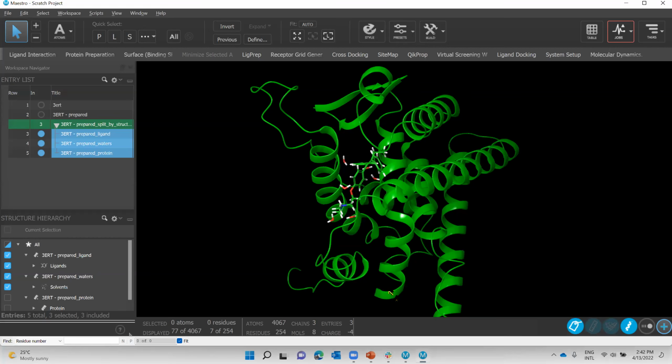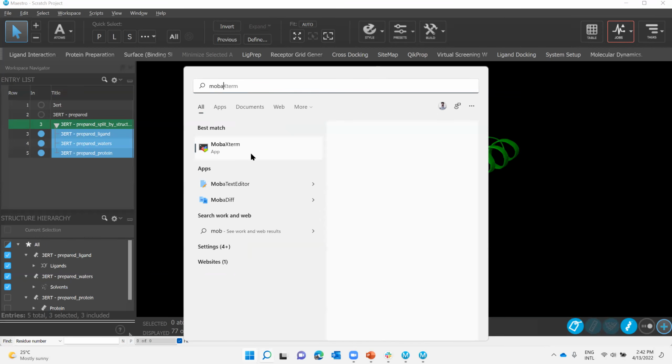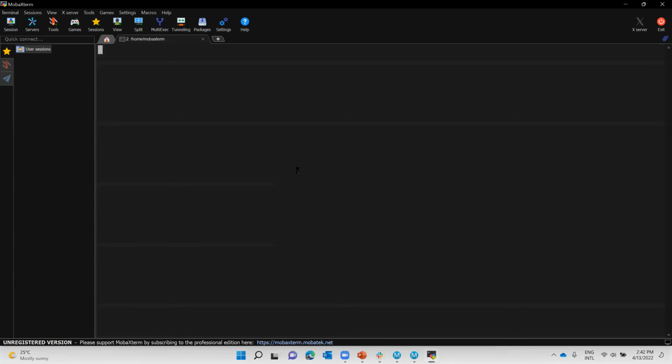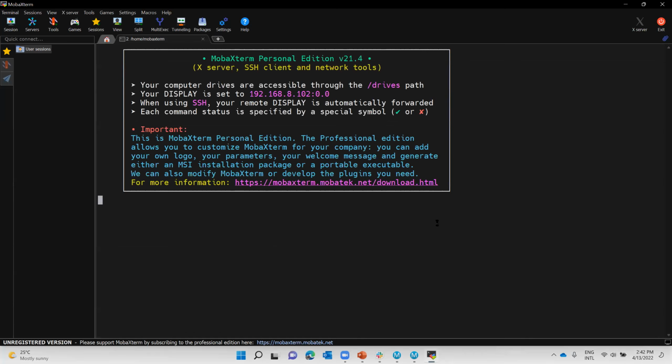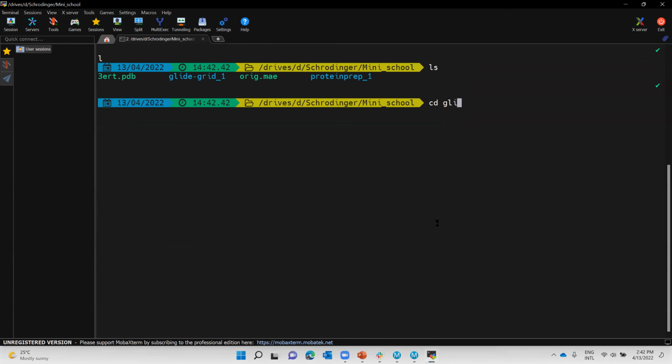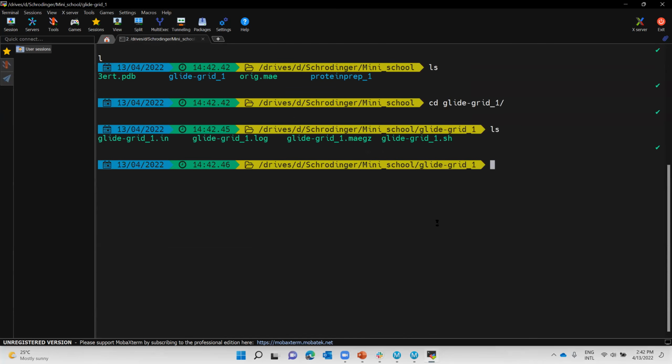Oh, and one more thing. I'm going to open MobaXterm terminal. As I say, I like doing things on the terminal as well, so I'm going to show you why. Unfortunately, with some versions of Schrödinger, there's a little trick that people don't know about, which I picked up and have asked them to change. If I go into my Schrödinger folder, I've got my grid file, which is that one. Now if I look at this input file,